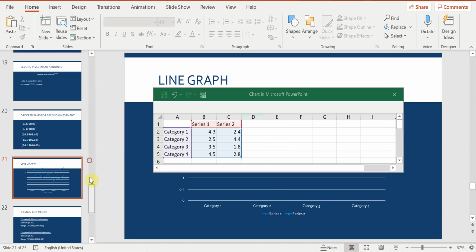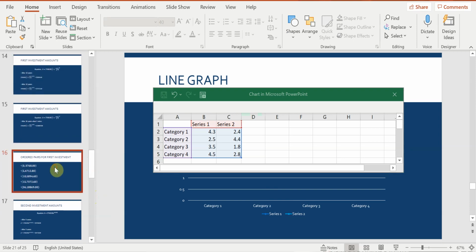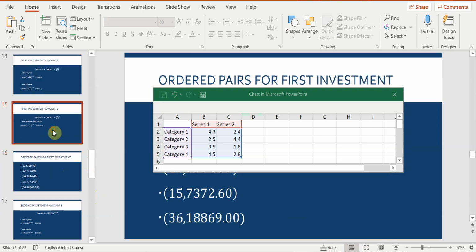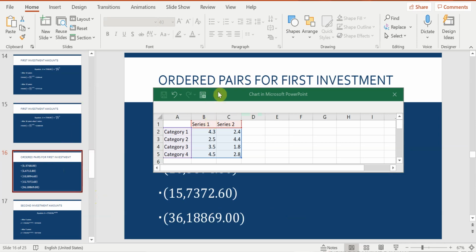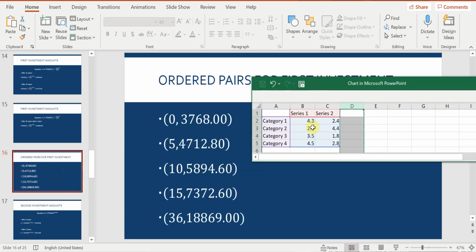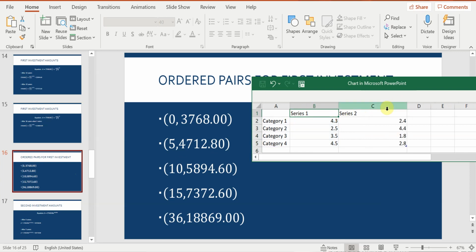In this project, I have created some ordered pairs that pertained to one of the formulas I was working with. So those ordered pairs, I'm going to have to manually input into the Excel sheet that pertains to the table we're going to be doing here. When you input your data, just make sure you label it correctly. Like I said, in this particular project, I'm going to be comparing two different types of investments. The first one is what we call